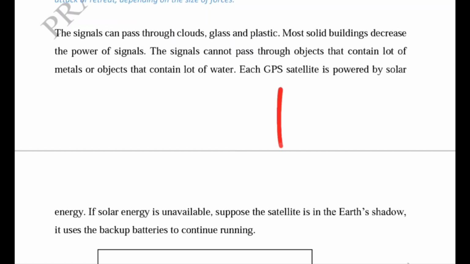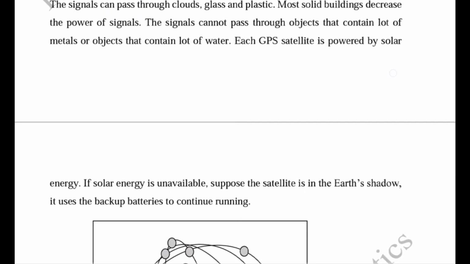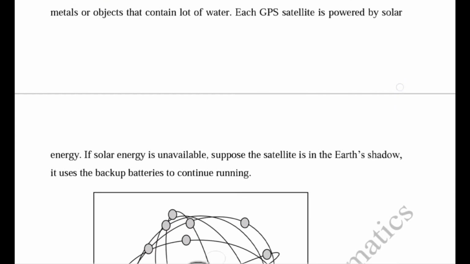So when we require our position calculation, it should be more in contact with the satellites. So if we want to know our location information under a roof, or we can say inside a building, then it will be less accurate than in an open area, because the power of the signal transmitted from the satellites will be less as compared to the open area, and this power is also reduced in a water body.